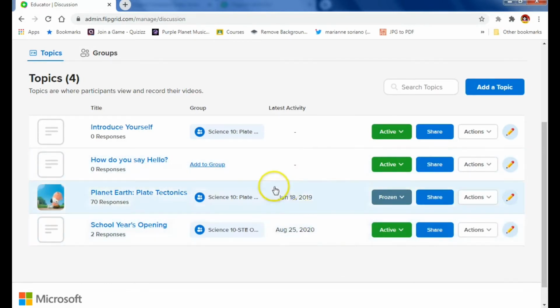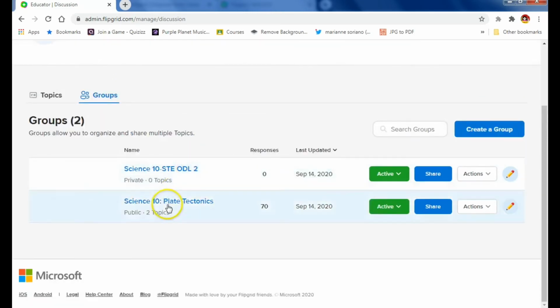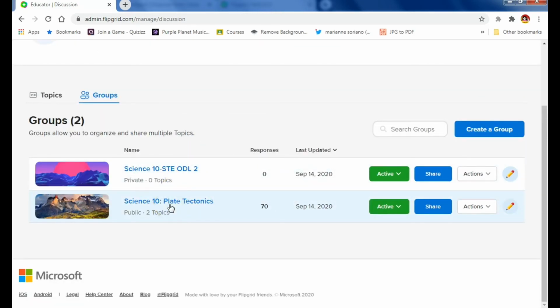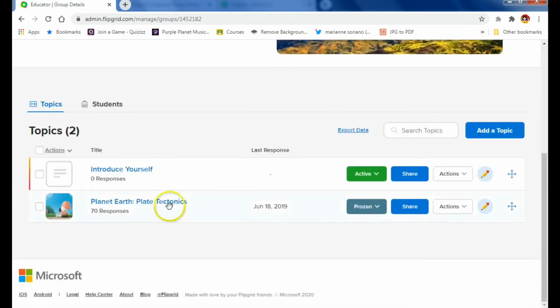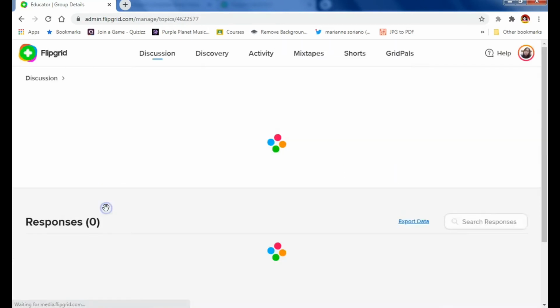Okay, so may I show you some of the works of my students here. In our group, it's here. Let me just put here in Science 10 Plate Tectonics. Let me just click that, and here I have two topics. Okay, one topic is planet Earth plate tectonics, and I would like to show you, if you're the teacher and you want to see the responses, there are 70 responses here